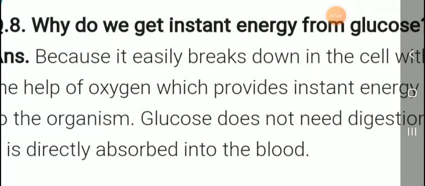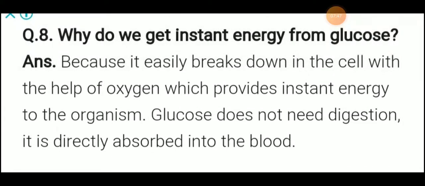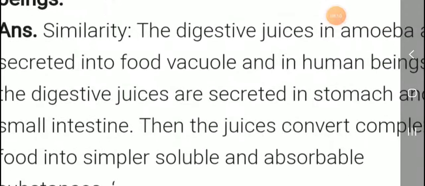Next, why do we get instant energy from glucose? The answer is, students, because it easily breaks down in the cell with the help of oxygen, which provides instant energy to the organisms. Glucose does not need digestion. It is directly absorbed in the blood. Next, students,